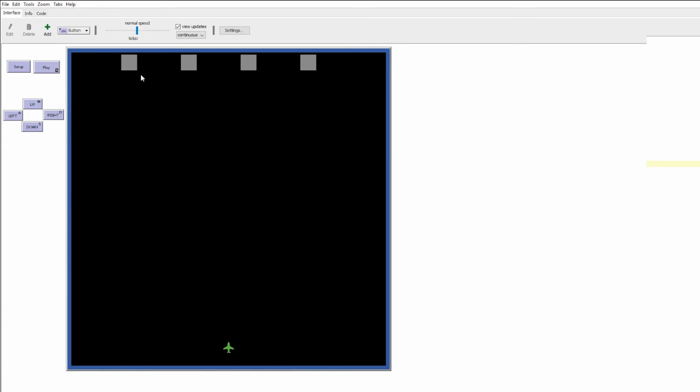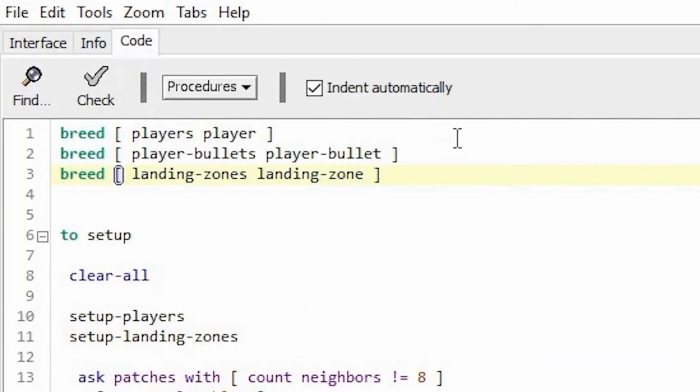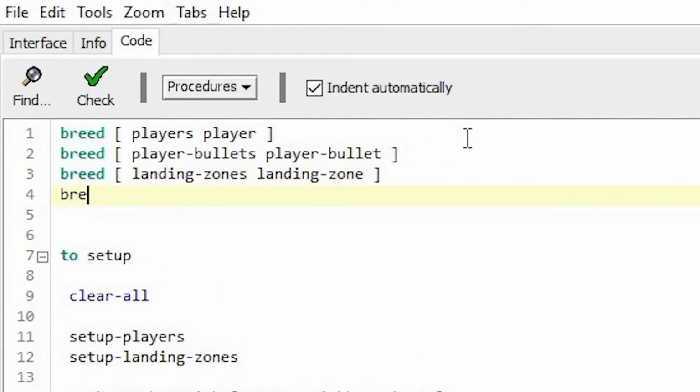Now I like to have enemy aircrafts created on top of each landing zone. So to do that, we are going to create a new breed called enemy.